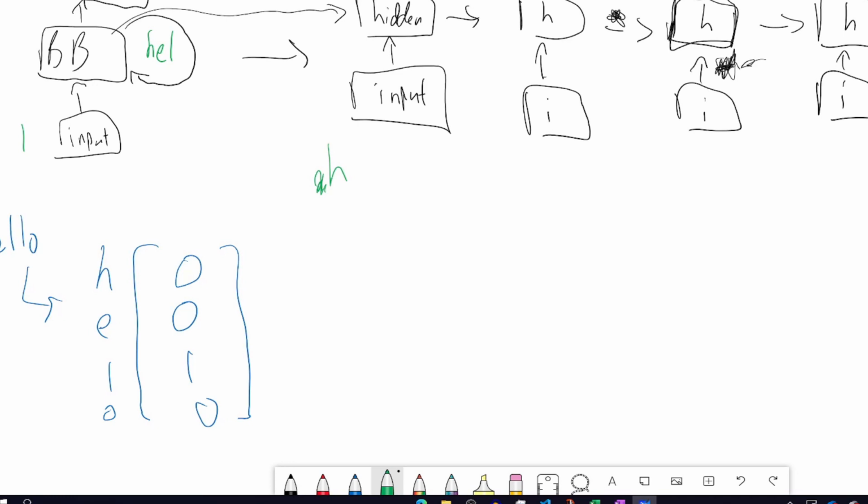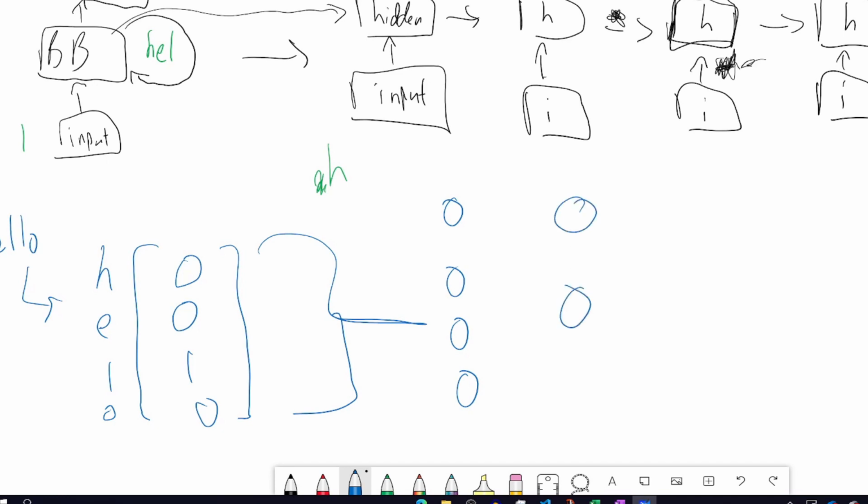So let me just go through really quickly what the structure of the neural network will look like. So we'll have 4 nodes for the input. Again, these 4 nodes just take in bits that represent the letter. Then, just for the beginning, just for simplicity's sake,